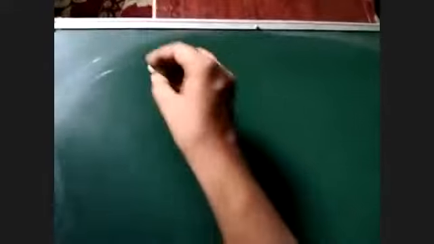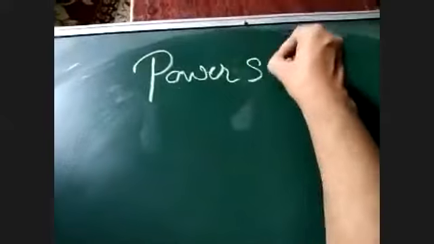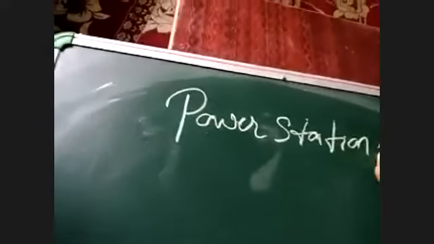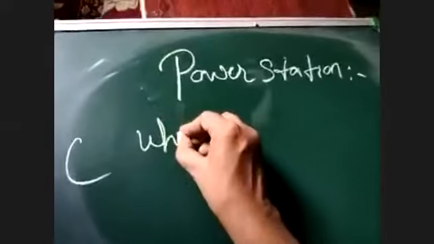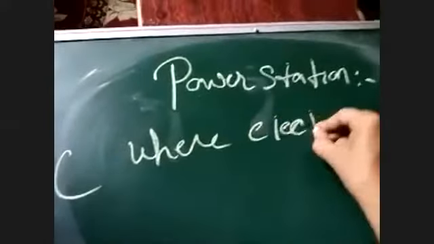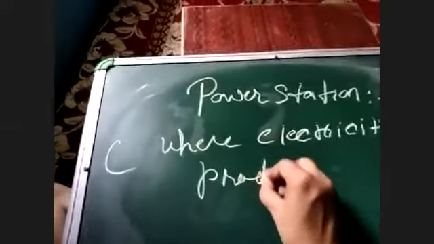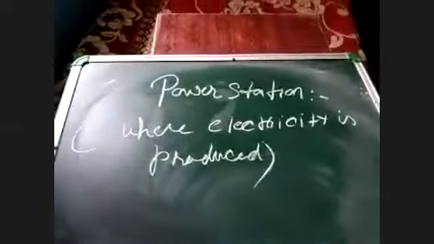इलेक्ट्रिसिटी कहाँ प्रोड्यूस होता है? पावर स्टेशन में जनरेट होता है, ठीक है। और जहां वाटर से इलेक्ट्रिसिटी प्रोड्यूस होता है उसको हम लोग कहते हैं हाइडल पावर स्टेशन, ठीक है। तो इलेक्ट्रिसिटी दो तरीके से प्रोड्यूस हुआ, एक वाटर से और दूसरा हीट से। Where electricity is produced, उसको हम लोग क्या कहते हैं? पावर स्टेशन कहते हैं।